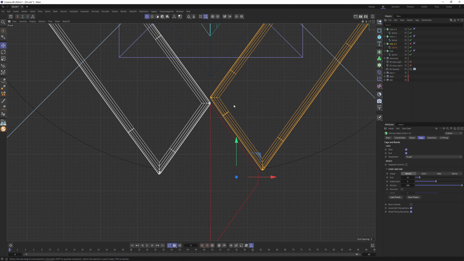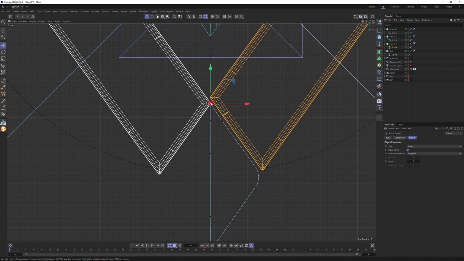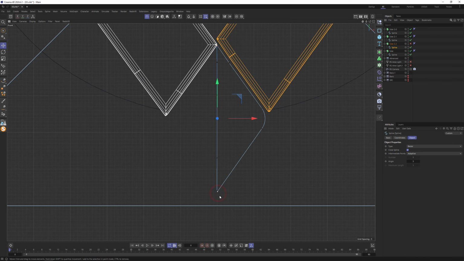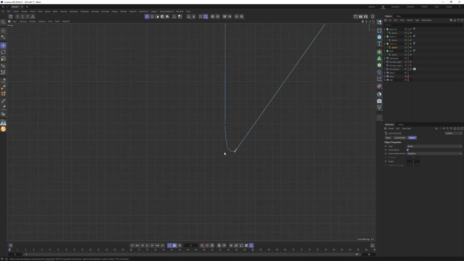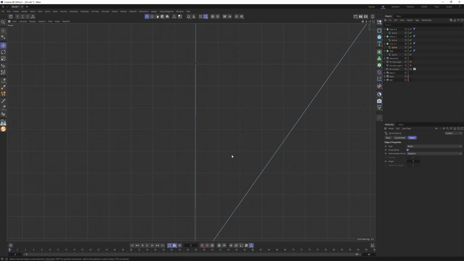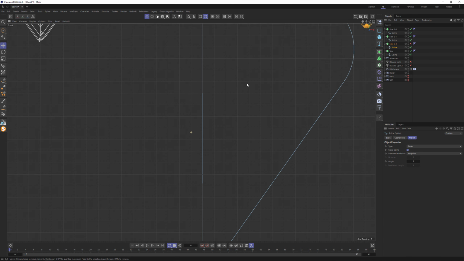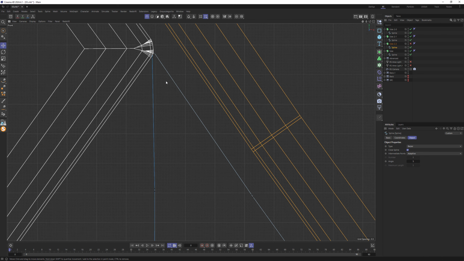Points, let's select them. This one and this one. Oh, I got it. We have extra points here. Control, delete one, delete. So Cinema can't chamfer it because there are additional anchor points here. Delete this one,